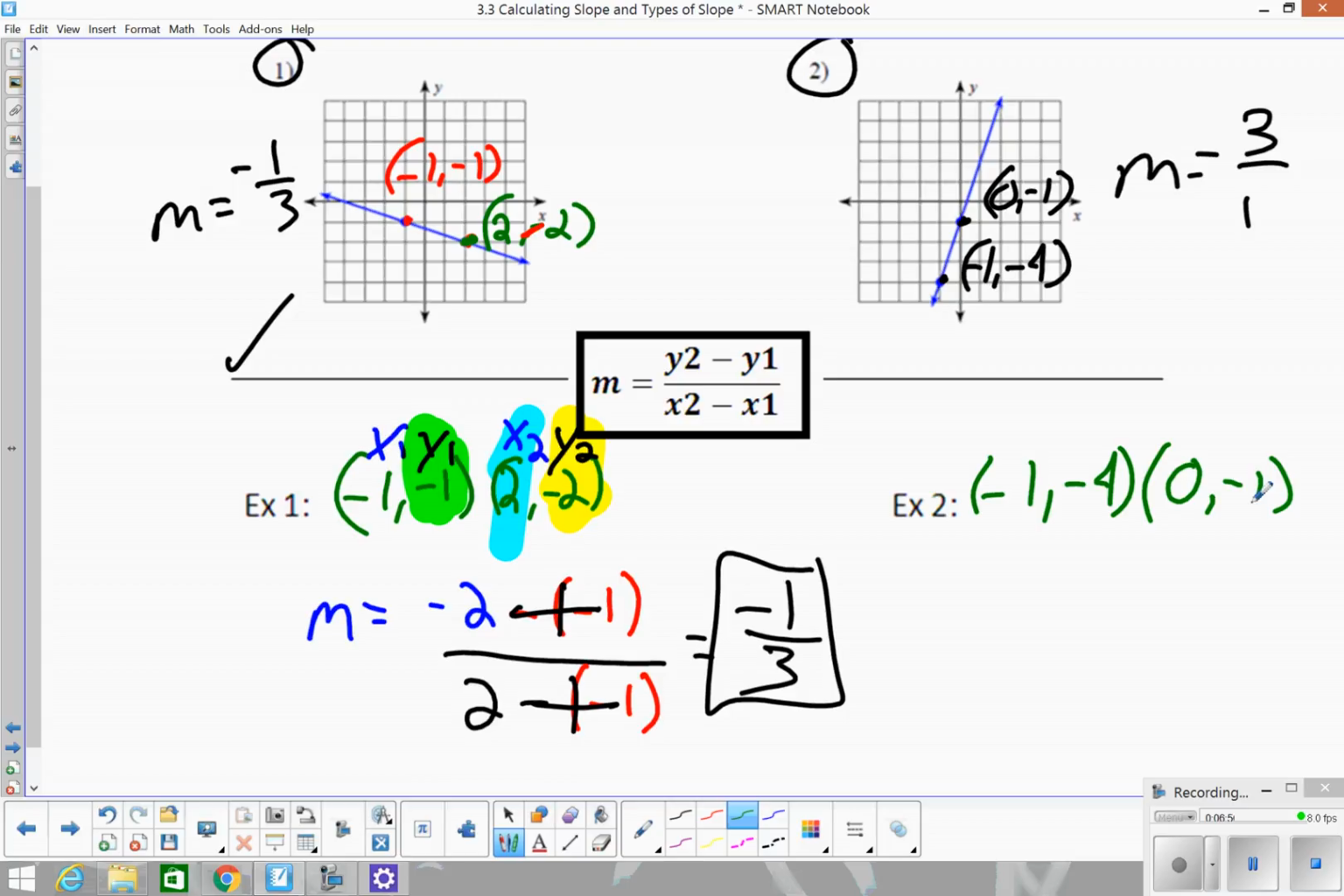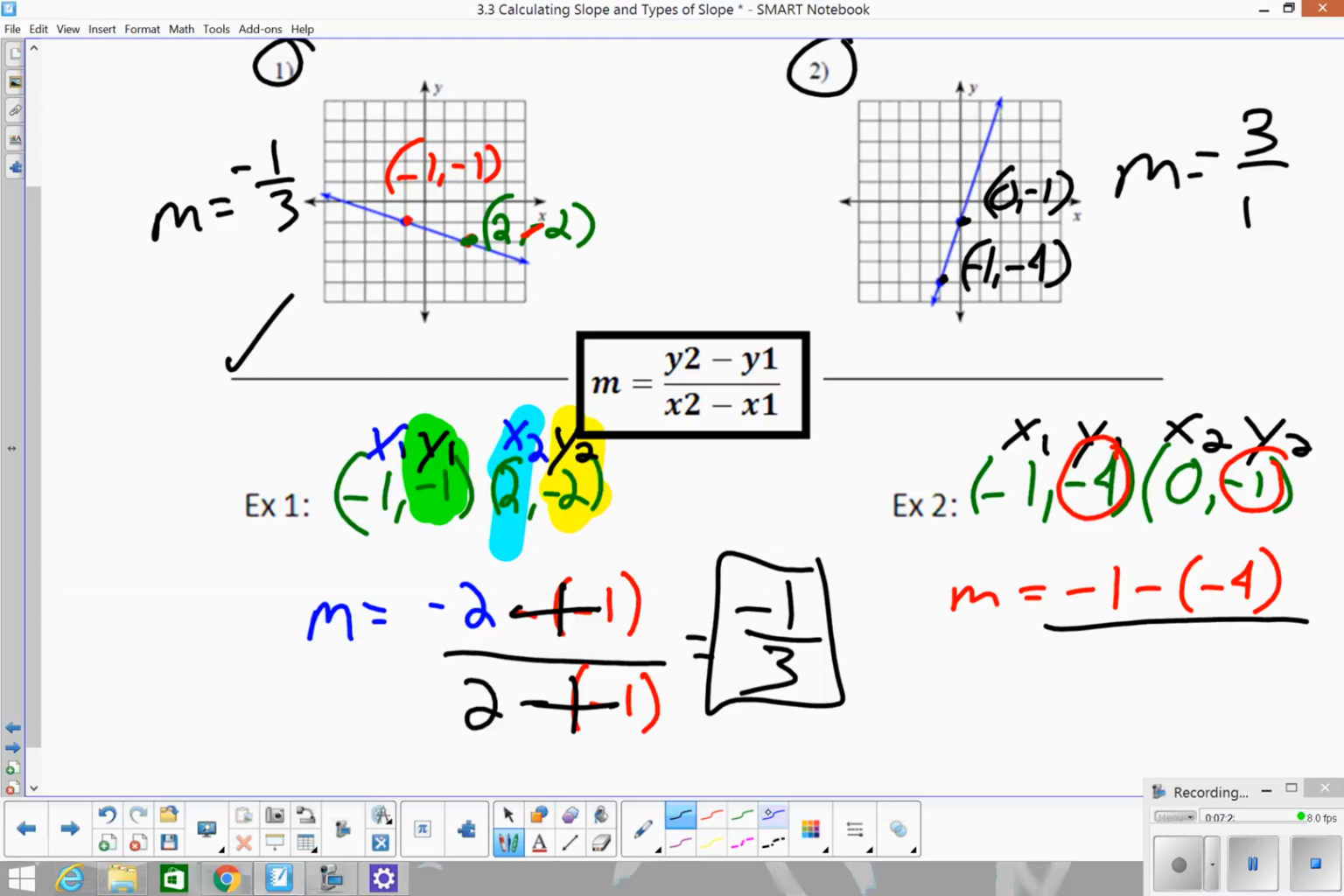Okay, good. Now, label is my next step. So I want to have an X, a Y, an X, and a Y. I'm talking about my first ordered pair, and my second ordered pair. Okay, good. So now I'm just going to plug it in. My y2 is negative 1. Okay, that's my y2, minus my y1, which is negative 4. Make sure you draw those parentheses because I don't want to get the signs mixed up. Good. Now it's going to be over my x2, which is 0, minus my x1, which is